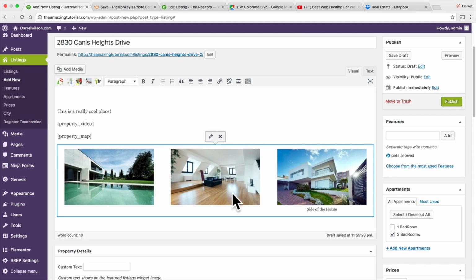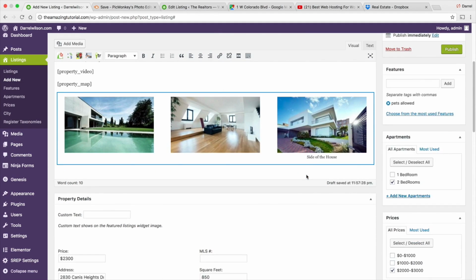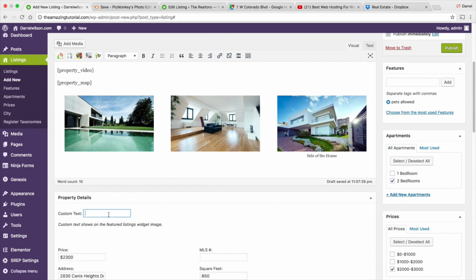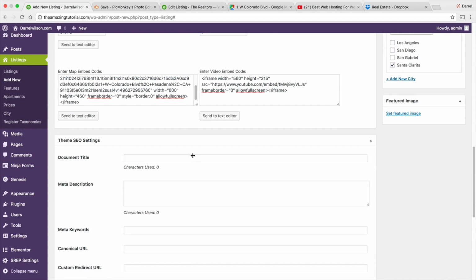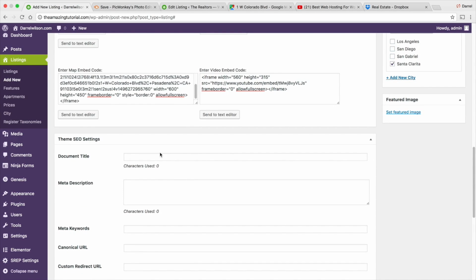So you can see the images are kind of looking a little bit different. All right, and custom text, I'll put best deal. It is the best deal. All right, scrolling down here, we have our SEO. Now these are basically how it appears in the search engine. So the title of it, you can put something like best real or best house